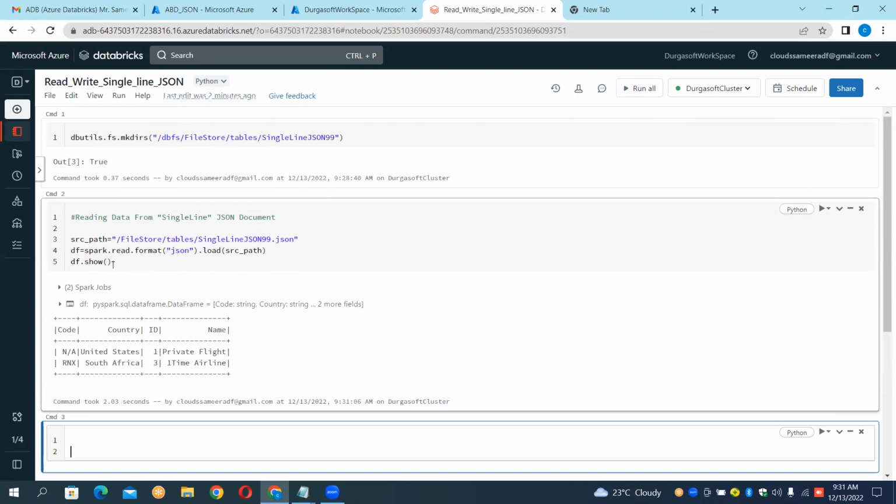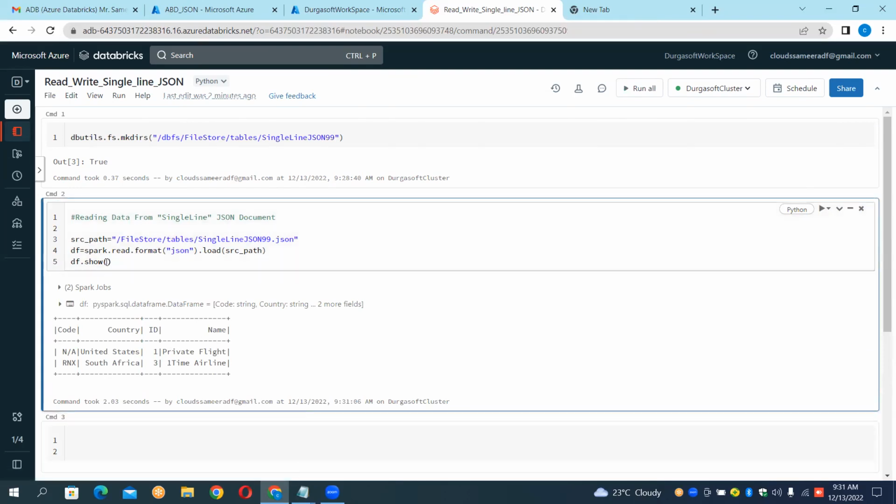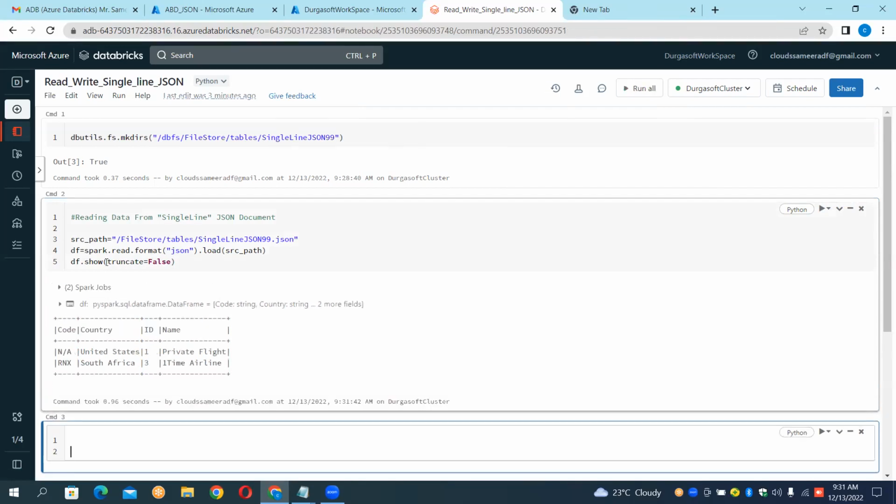And now if you want, you can use truncate is equal to false, if you feel that some of the data is being truncated. So you can use truncate is equal to false. Nothing is being truncated. So anyways, it's displaying. Okay, guys. So now the next one is